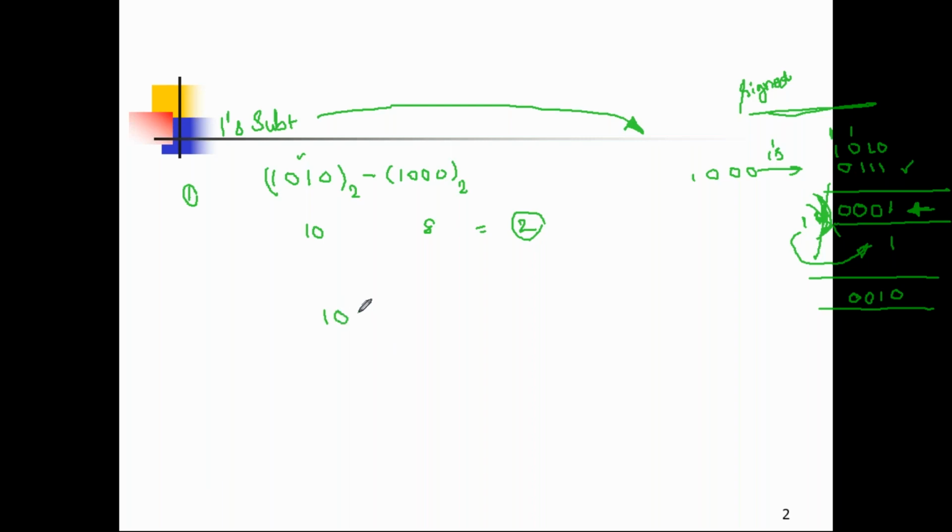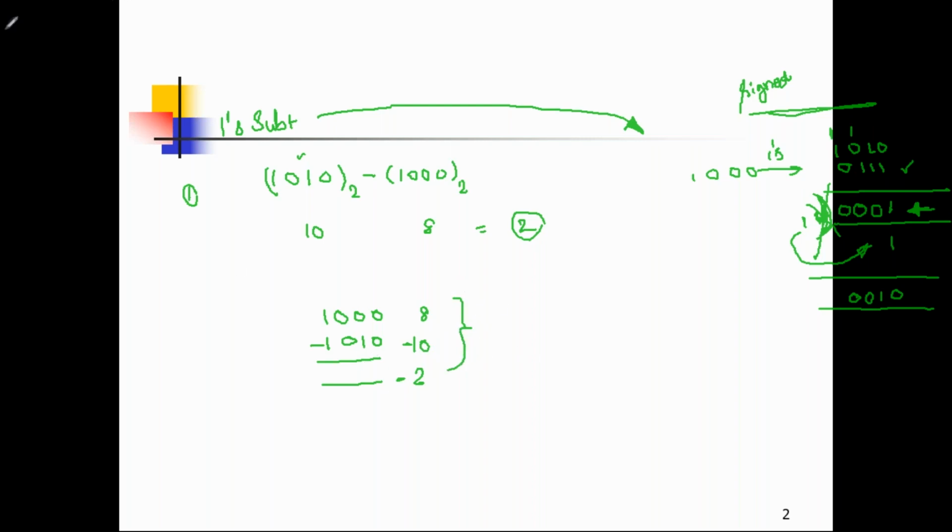That means now I am going to do the same arithmetic operation like this: 1 0 1 1 0 0 minus 1 0 1 0. This is the example for this. It is the binary equivalent of 8, and this is the binary equivalent of 10. The result is 2. The magnitude is 2 and the sign is minus, since the maximum value is the second number, so a sign only comes in its result.